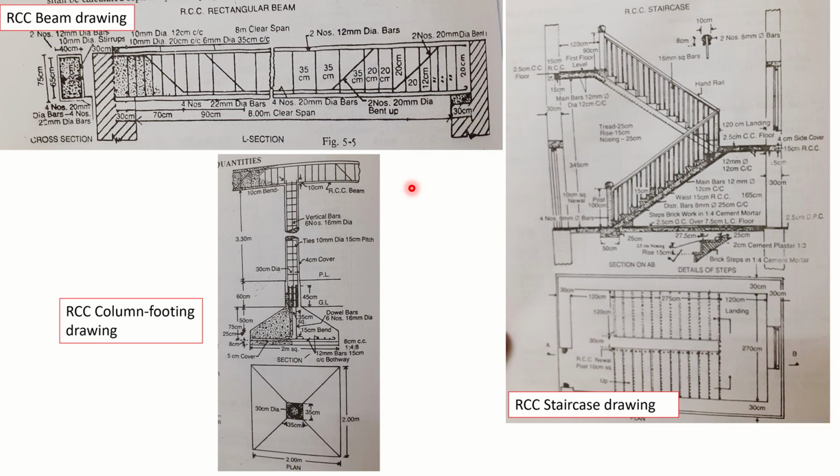I ask all of you to go through the example given in the book of B.N. Datta or from the slides that I have shown to you. Practice the bar bending schedule. You have to basically be clear on how to calculate the lengths. You should be very clear on how to calculate the lengths of various types of steel reinforcements. I'm sure you all have gone through the same thing in your design of steel structure, so it should be very easy for you to understand this.